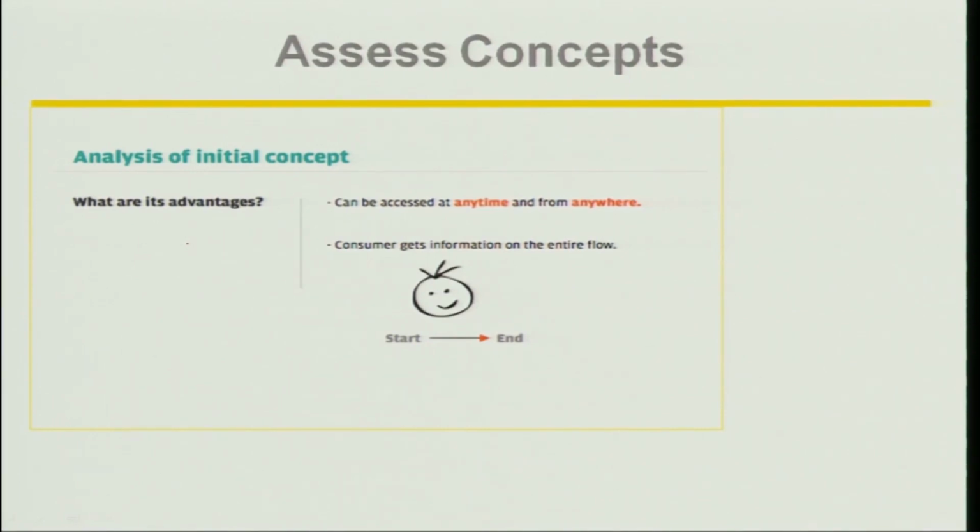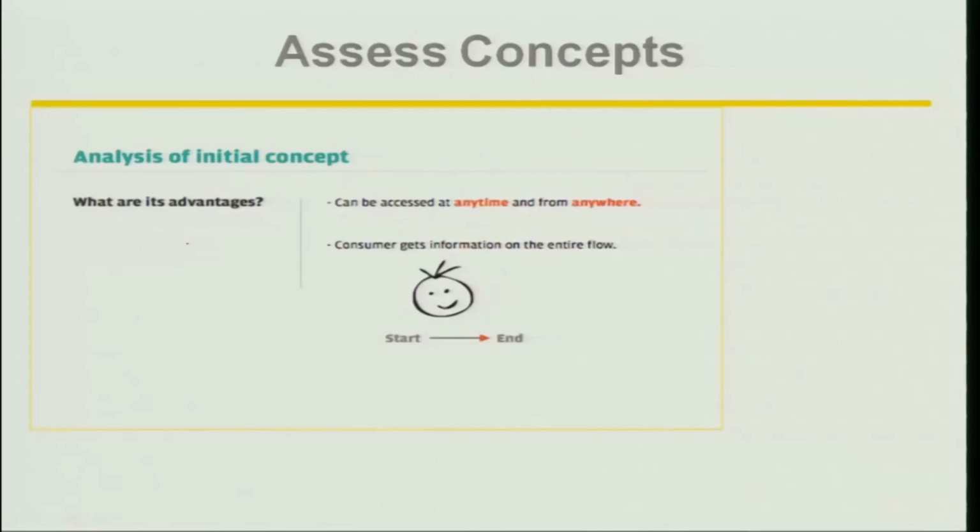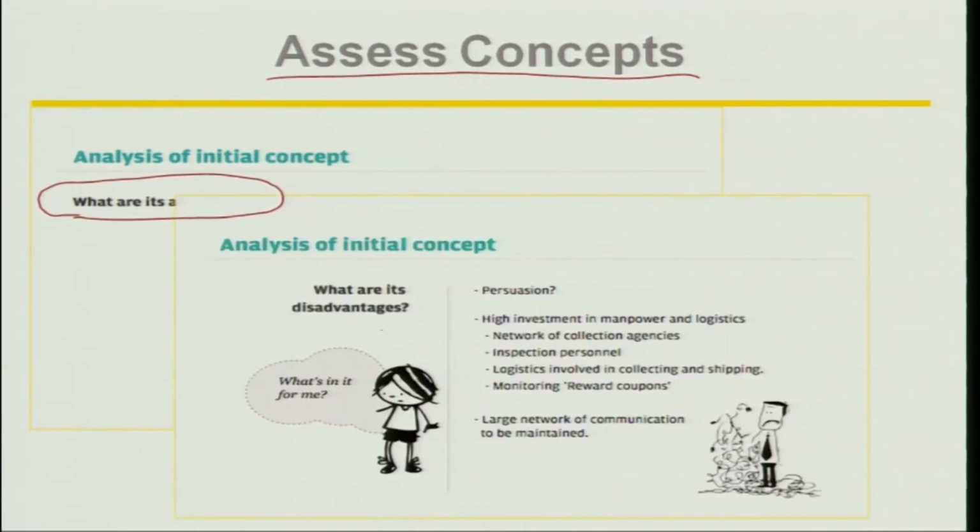So this is an example of trying to assess the concepts, where you would now take these themes and say, okay, which ones make sense as you try and move towards a holistic solution, right? So one of the ways, and this is from the example of the project which was on e-waste, electronic waste, right? So analyzing that concept, one of the approaches that they were taking in order to assess the concepts was, what are its advantages, right? What are the advantages of the concept that we're thinking about, and what are the disadvantages?